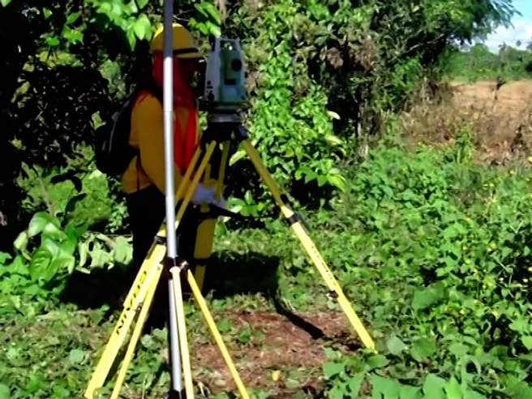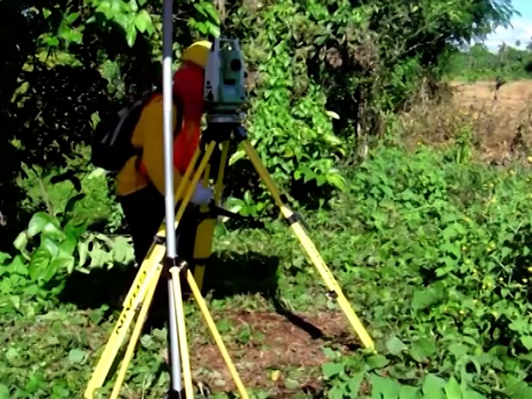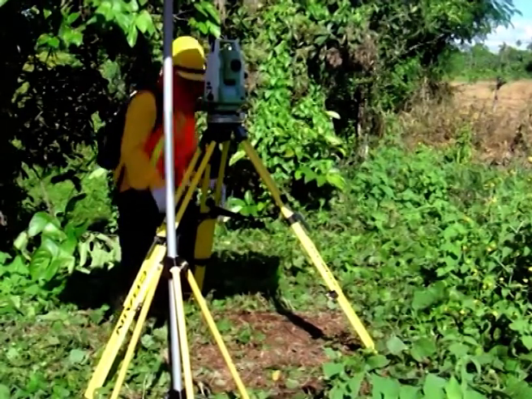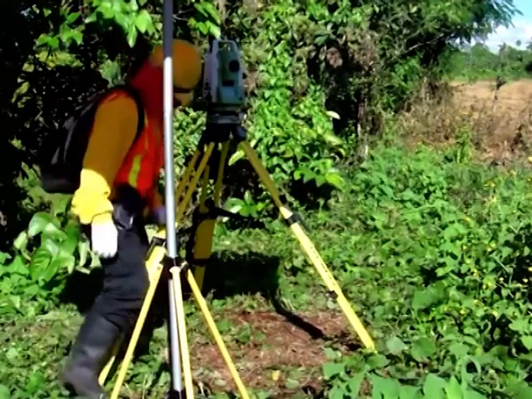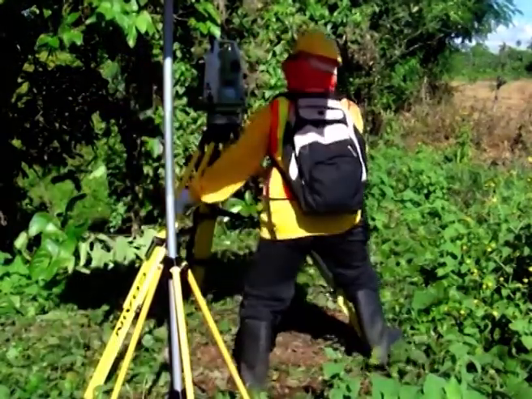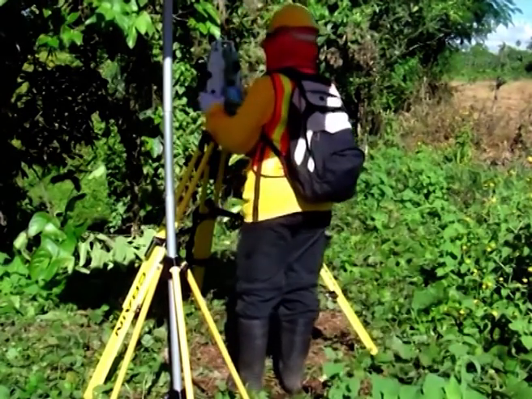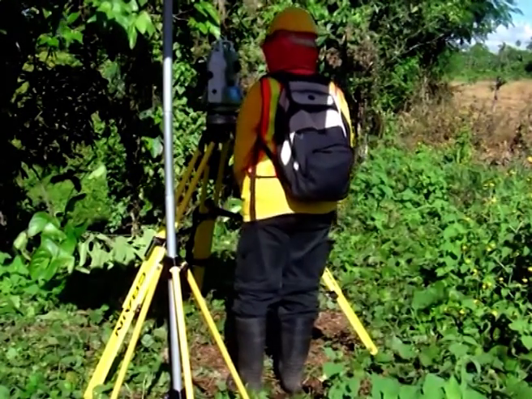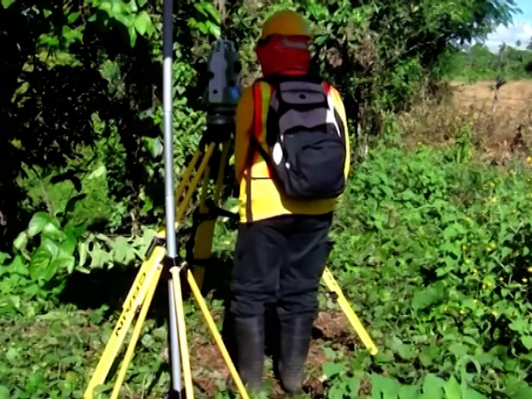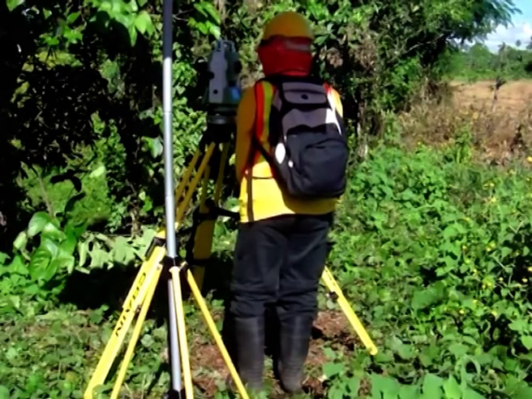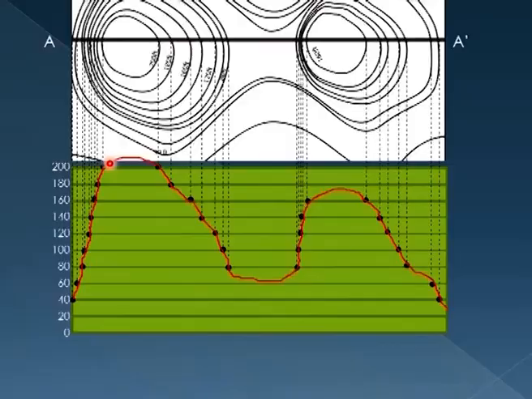Topographic survey. It is performed in order to determine the relative positions of existing natural and constructed features on a tract of land like ground elevation, bodies of water, roads, buildings, etc. It provides information on the shape of the land, hills, valleys, ridges and general slope of the ground. The data obtained from a topographic survey is plotted in a map called a topographic map, and the shape of the ground is shown with lines of equal elevation called contours.